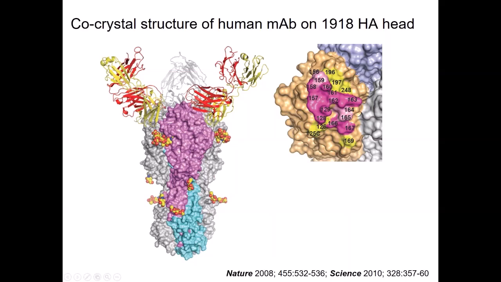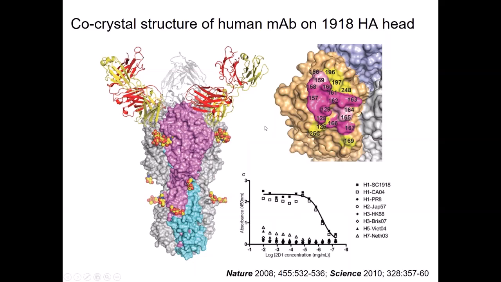What was really interesting is you typically would think, because there's a lot of variability around the rim of the receptor binding domain, most of these antibodies are strain specific. But when we obtained this antibody, again, from a nearly 100-year-old person in 2007, I believe, shortly thereafter, an outbreak occurred of the 2009 pandemic virus. And when we looked at the footprint of this particular antibody, which was induced by 1918 and did not react with more recent H1 viruses, when the 2009, this California virus came out in the open box, we found that